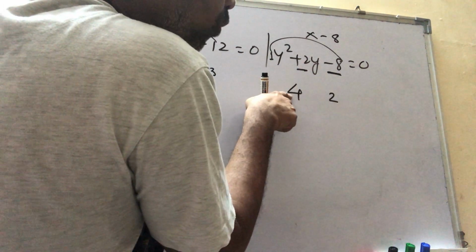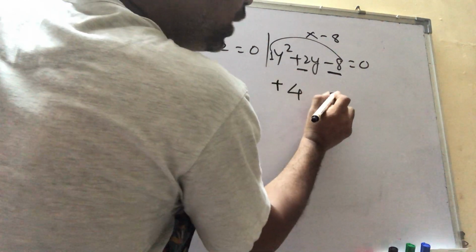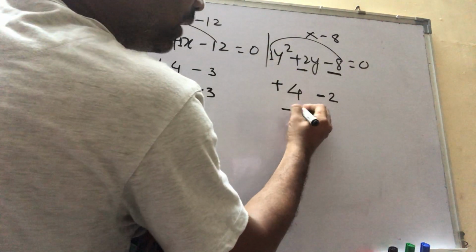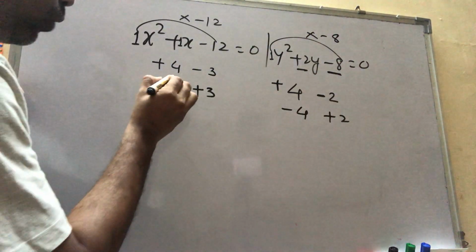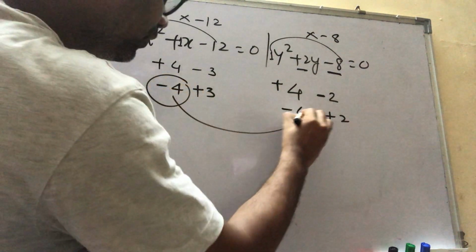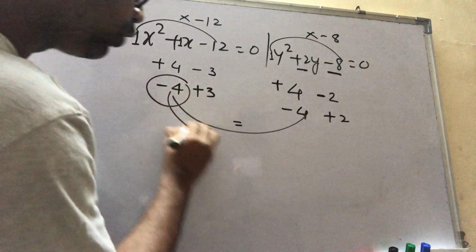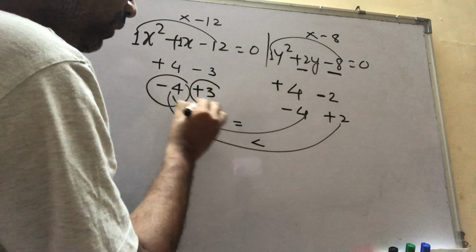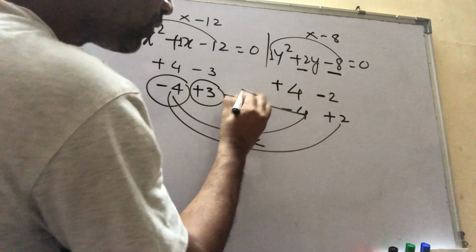So 4 number will have a plus sign and 2 number will have a minus sign. So when you take on that side, so minus 4 and plus 2. So when you compare this minus 4 with this, both are equal. Minus 4 with this plus 2, so obviously plus 2 is greater. When you compare plus 3 with minus 4, so x is greater.